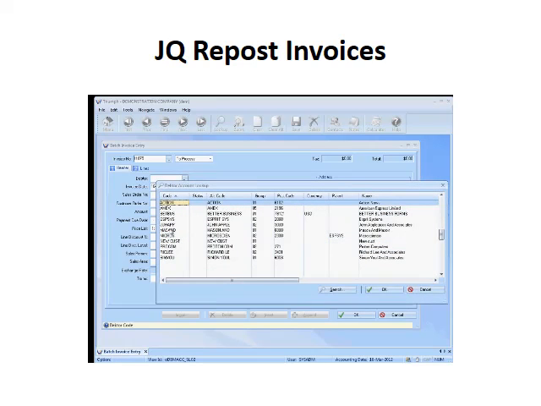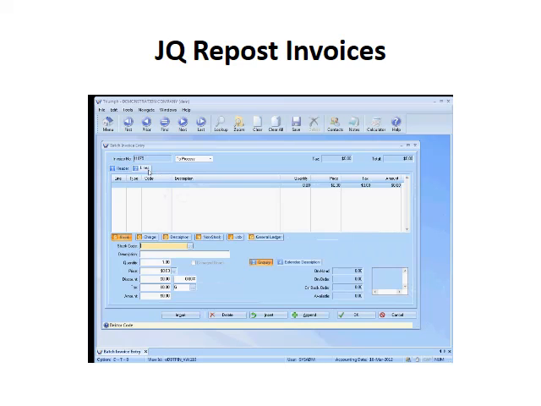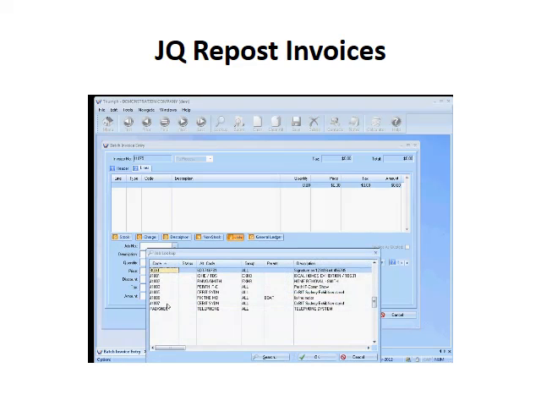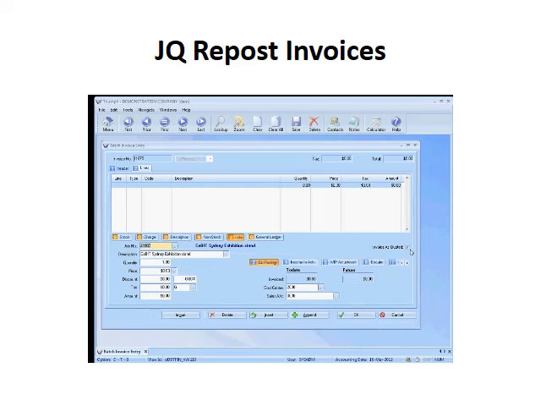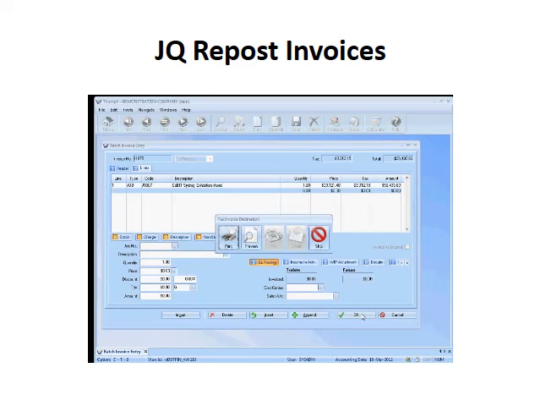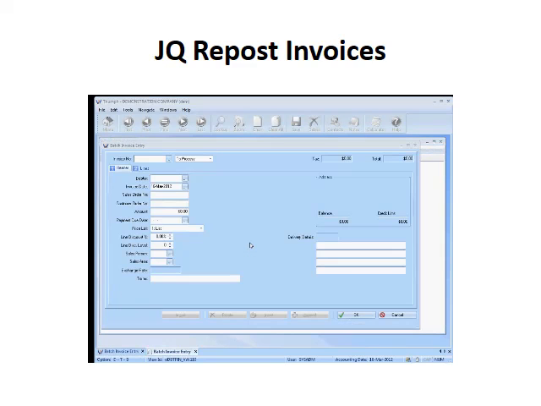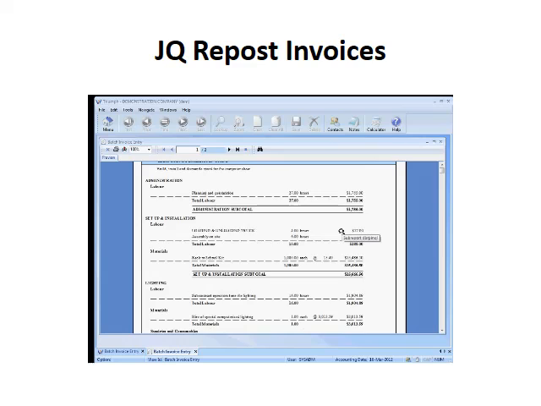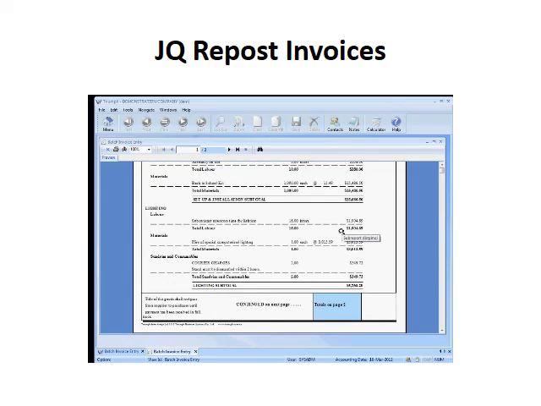Doesn't matter who it is, but if I go with this person, put in lines, put up a job, pull in that quote that we've been working on, you'll notice immediately it says invoiced as quoted. So what this means, it'll actually bring through whatever you've quoted as the standard invoice. So if I hit OK, hit preview, it will bring through the standard details that you had on your original quote,